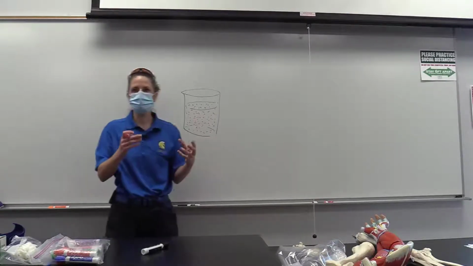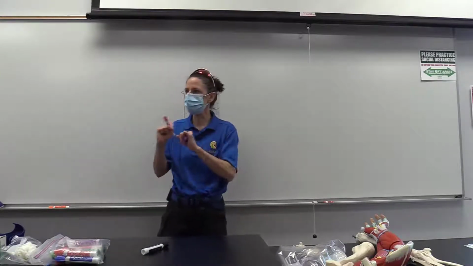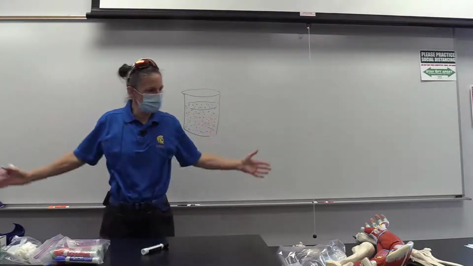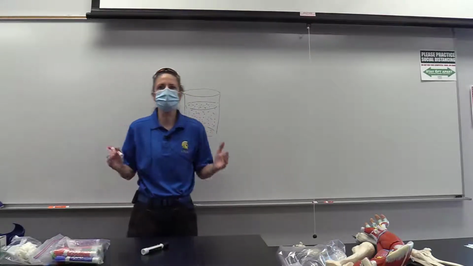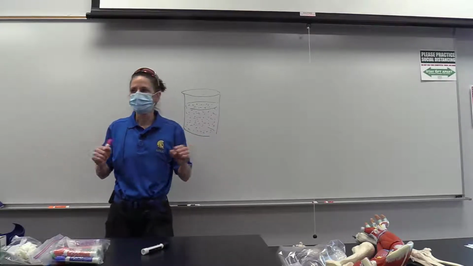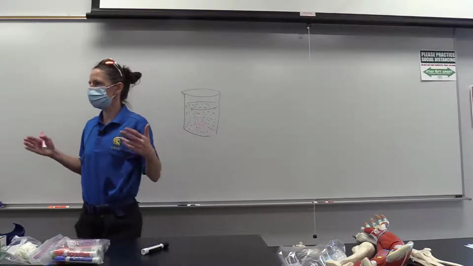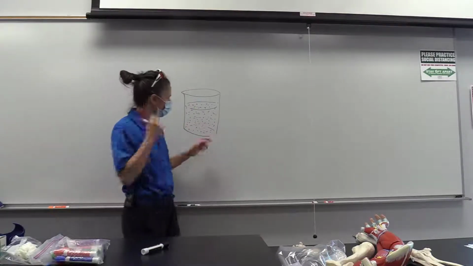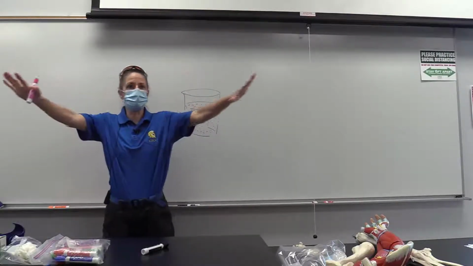So if you let this sugar dissolve and you wait long enough, then all those molecules will have bumped into each other until they've achieved the most space that they can. Make sense? So it's kind of like if we had 20 students in here, or let's say we had 60 students in here, and then we opened both doors. Probably a lot of them would want to go out because it would be really tight in here. And the same is true with the sugar molecules. When they're in the sugar cube, it's really tight in there,